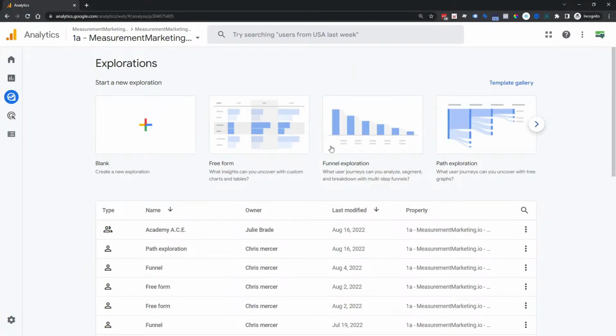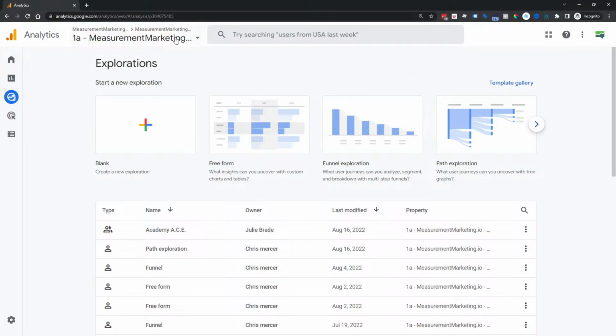Thank you so much for that great introduction, Mercer. Let's go ahead and hop in, and we're going to start here in our Explore reports. As you can see, we have the word Explore, and we have the word Explorations, and sometimes you will even hear the word Explorer. Just be aware that sometimes those words are used interchangeably, especially in documentation from Google and other experts out there, just because the name keeps changing a little bit. Explore, Explorer, Explorations, but we're all talking about the same thing, which is basically a new way to visualize your